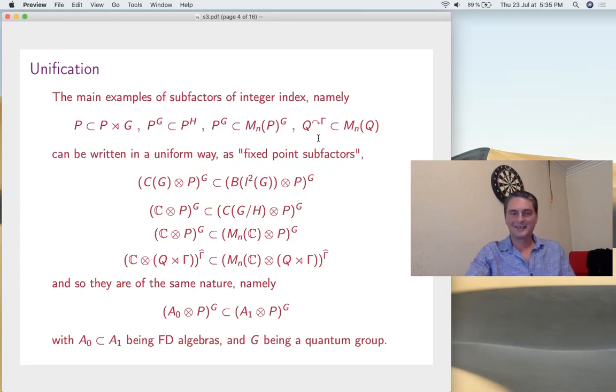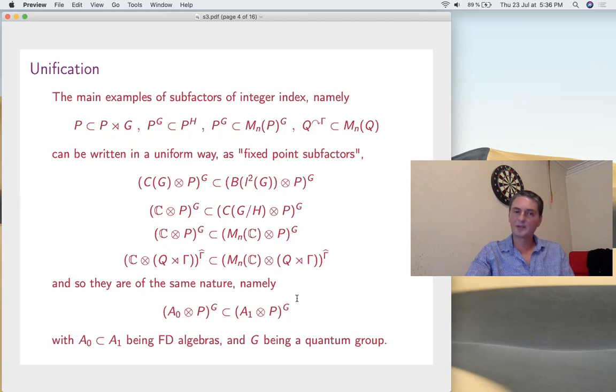And well, the diagonal subfactor is a bit more complicated because so far here G was finite, compact, so it was compact. Now I have a discrete group. So we'll use the dual of gamma, if you allow me, that's a compact quantum group. So we'll have to write down everything as fixed points under the action of G hat. And well, that's the way of doing it. I mean, some cross product, whatever, it's a bit more technical. So we're done with the remark that,